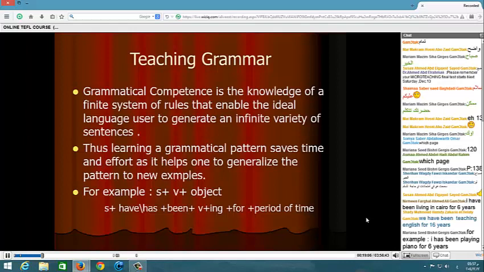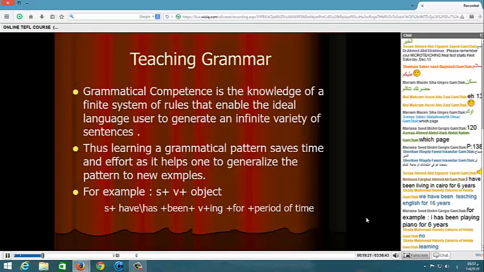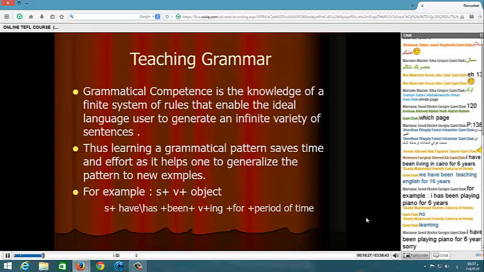We have been teaching English for 60. We've been learning, Shadi, of teaching. هل أنت درست إنجليزي فعلا 16 سنة ولا تعلمت؟ We have been learning English for 16 years. That's right. It has been playing piano for, I has been, Mariana. He has been, or she has been, but I have been playing piano for 6 years.